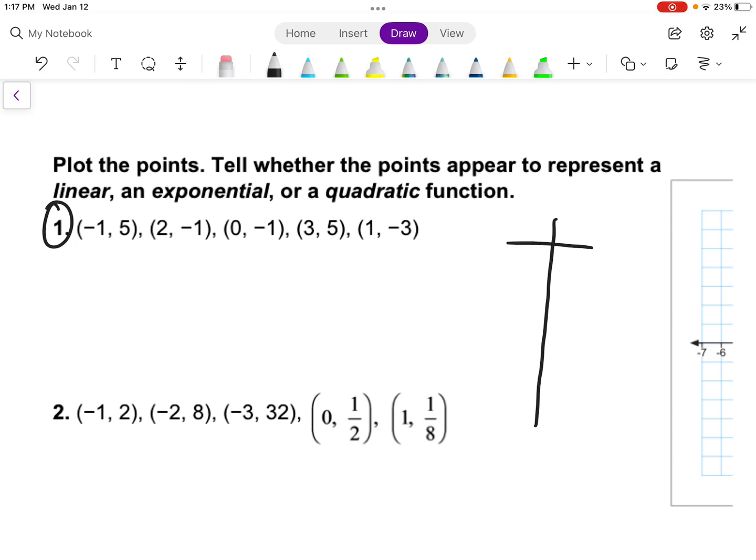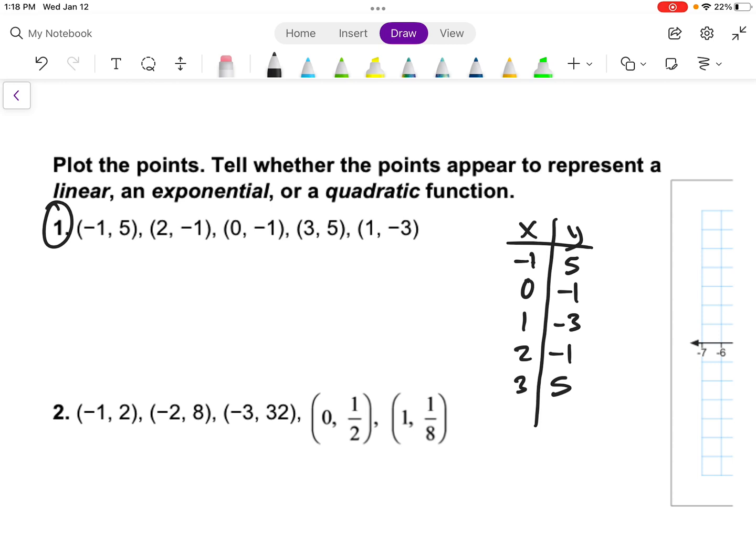And when I put them in the table, I'm going to write the x's in sequential order. So what I mean by that is I've got negative 1, 5. Then I'm going to go to 0, negative 1. Then I go to 1, negative 3, 2, negative 1, and 3, 5. So if you look at these x's, they're in sequential order: negative 1, 0, 1, 2, 3. If they are in sequential order, you're not skipping any x's,